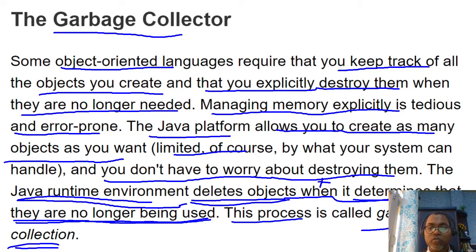In that case, those objects are eligible for garbage collection. Garbage collection is the process of deleting, just cleaning, the objects created in heap memory, so that the memory can be used for other purposes as well.